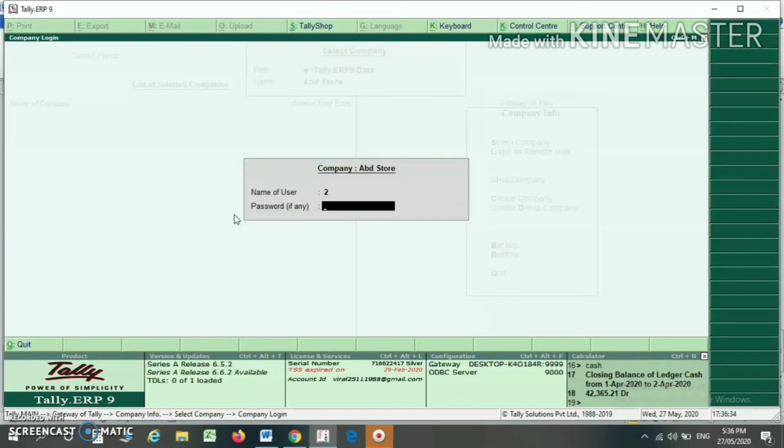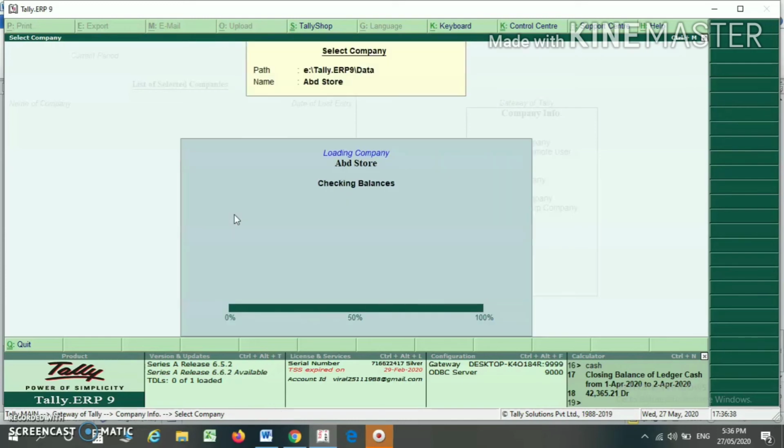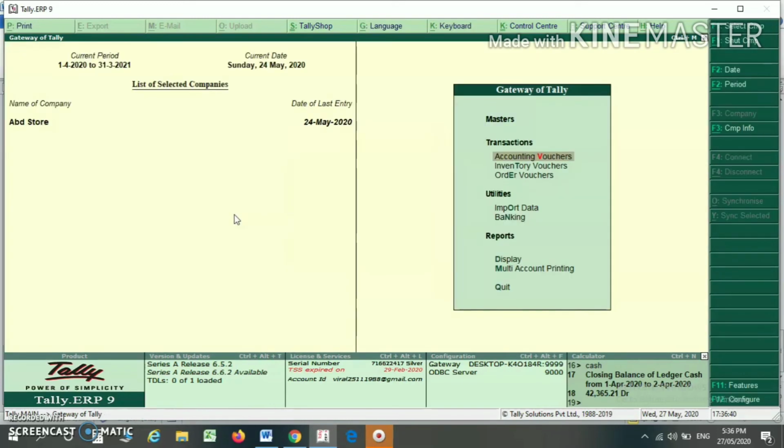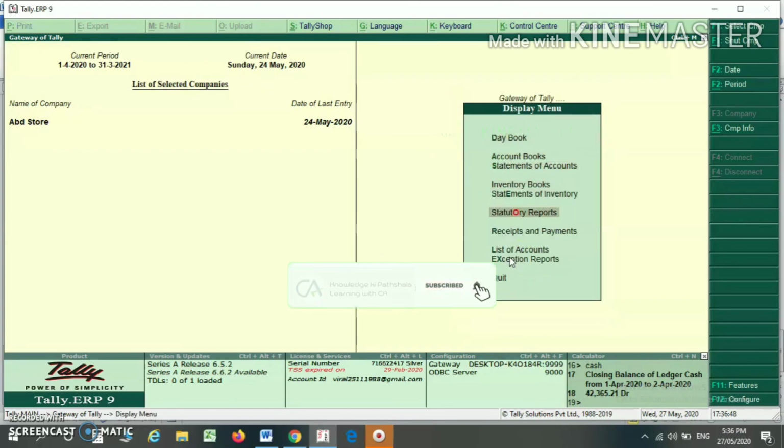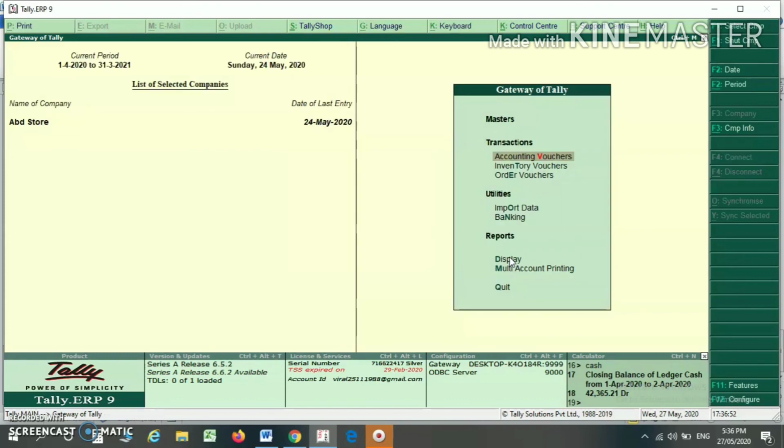This is the data entry user ID and this is the data entry password. As and when I open the company, you will find that on the Gateway of Tally there is no balance sheet, P&L account appearing. You will find that many options are gone as and when you open my company with the user ID and password of my data entry operator.